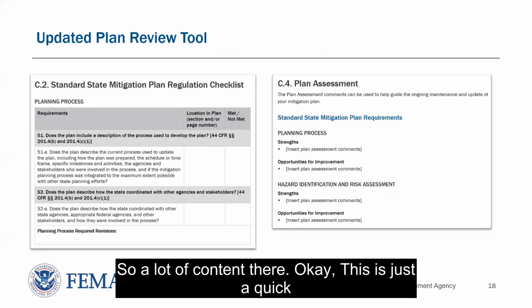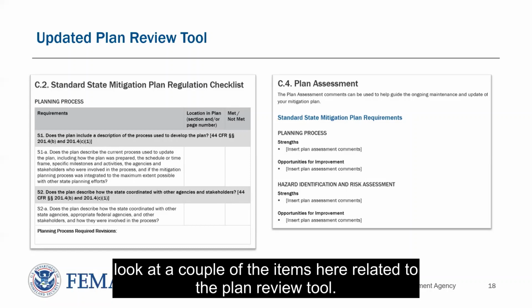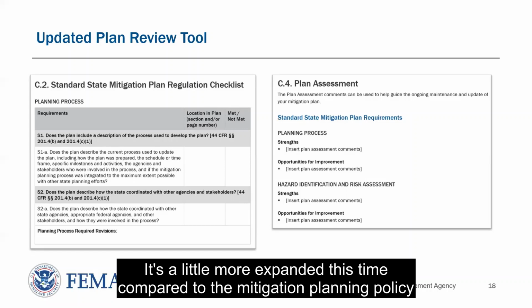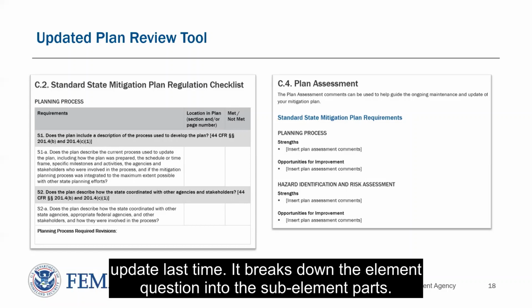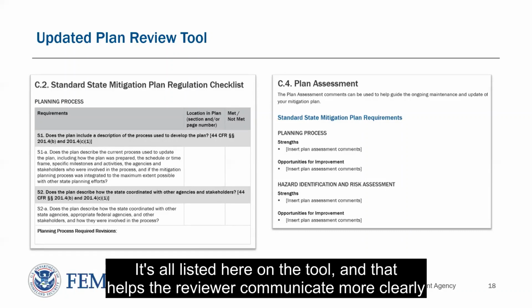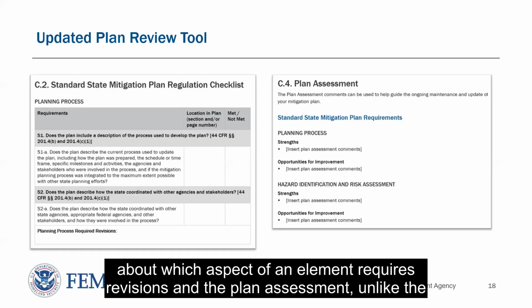Okay, this is just a quick look at a couple of the items here related to the plan review tool. It's a little more expanded this time compared to the last state plan mitigation planning policy update. It breaks down the elements question into the element parts. So it's all listed here on the tool, and that helps the reviewer communicate more clearly about which aspect of